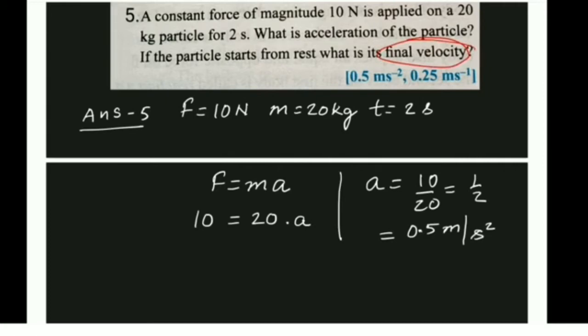Now how to find final velocity? You will apply the first equation of motion, v equals u plus at. Now what is u here? Because the body is starting from rest, you see, the body is starting from rest, so it means u is 0,